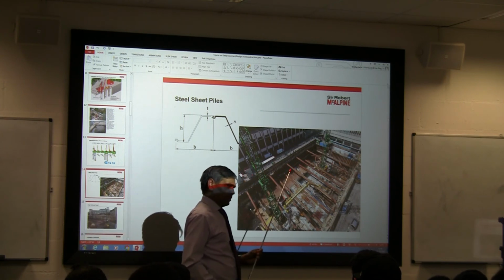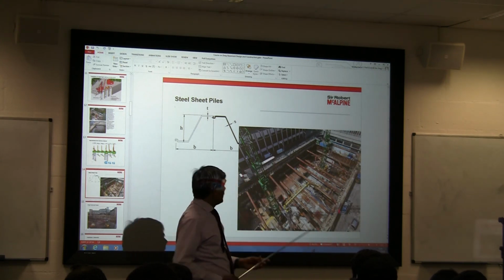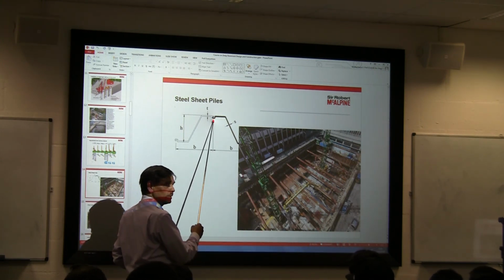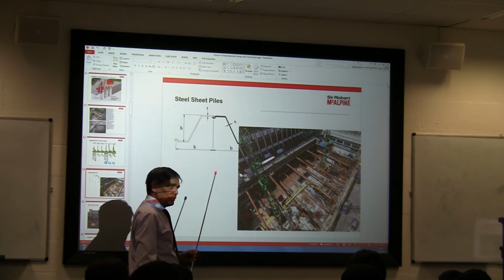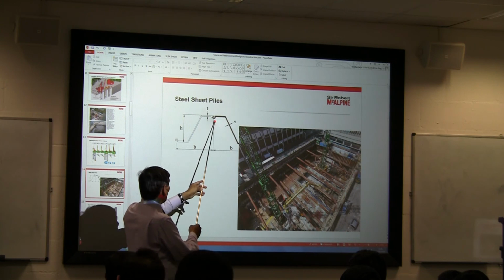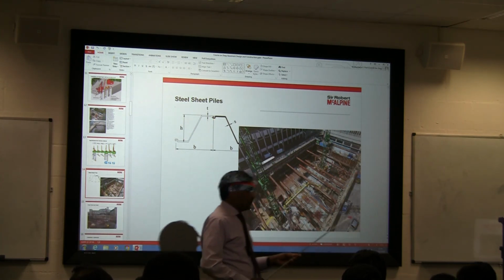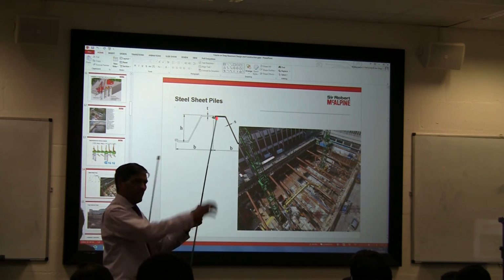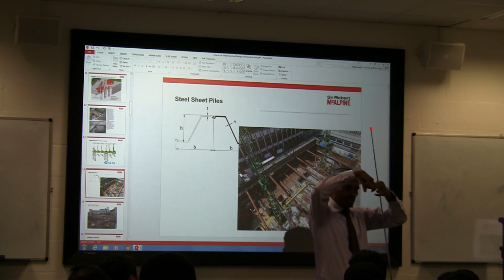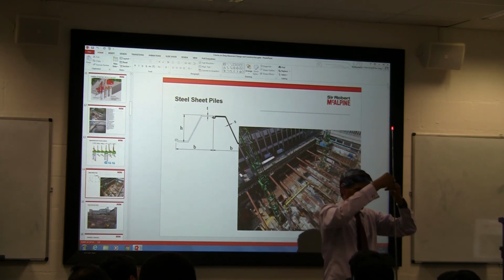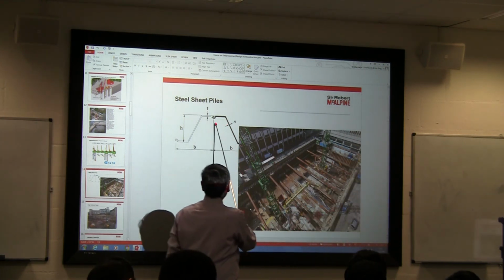What is the disadvantage in the sheet pile? If you've got water that side, what happens? If that interlock is broken, again water will gush through. That's number one. So what we do sometimes, as we go down, is put a flat plate and weld at the joint. This is called clutches. Those clutches get welded as we are digging. So we push the sheet, another sheet, nicely interlocked like this. As we dig in front of it, we put a flat plate and then we weld it. So that's called basically welding the